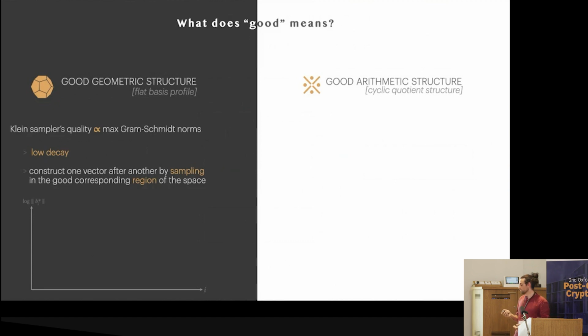This client sampler, the quality, your ability to sample sharply, depends on the max of the Gram-Schmidt norms of your vectors. So basically, if you remember your bachelor classes of linear algebra, if you have a bunch of vectors in the space, you can orthogonalize them, and taking the norms of these orthogonal vectors gives you this. Okay. If you draw the norms, you will get something which usually looks like